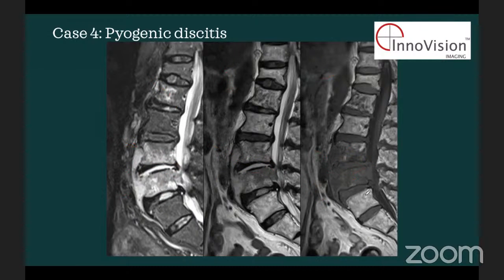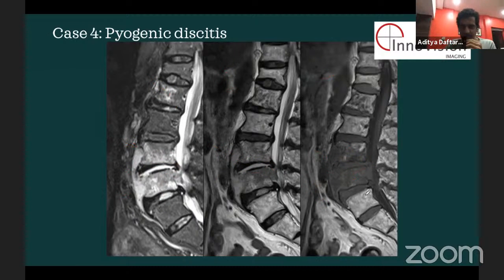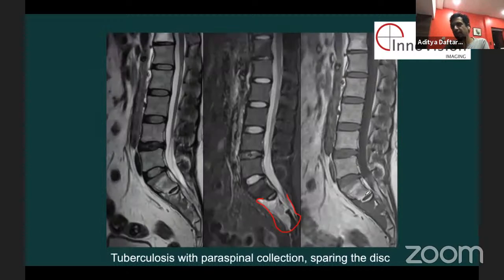Some people say when you see T1 bright margins, it's somewhat of an indicator of tuberculosis. You see it in other conditions as well. You can see it in pyogenic, and you see it sometimes. So this is a case where, again, this collection is larger. It's almost eating up the entire bone. It's extending into the bone much more, and this is more typically tuberculosis. And along with it, you can see edema in this vertebral body as well. So, you know, there's other